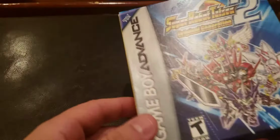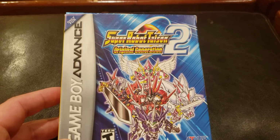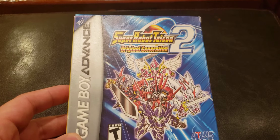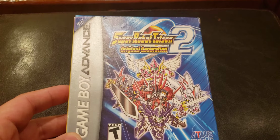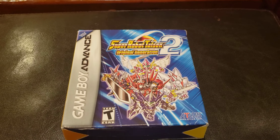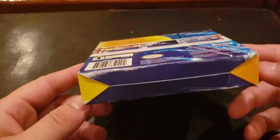And then my one Game Boy Advance game. Very happy I bought this. And that's Super Robot Taisen Original Generation 2. Box is in pretty good shape. And I believe this is the route I'm going to go from now on when I'm buying Game Boy Advance games. Again, that's because of the handheld I bought. Never thought I'd be buying a handheld like this, just because of how much of a purist I am when it comes to handheld consoles. But yeah, this box is in pretty good shape. Not absolutely perfect, but